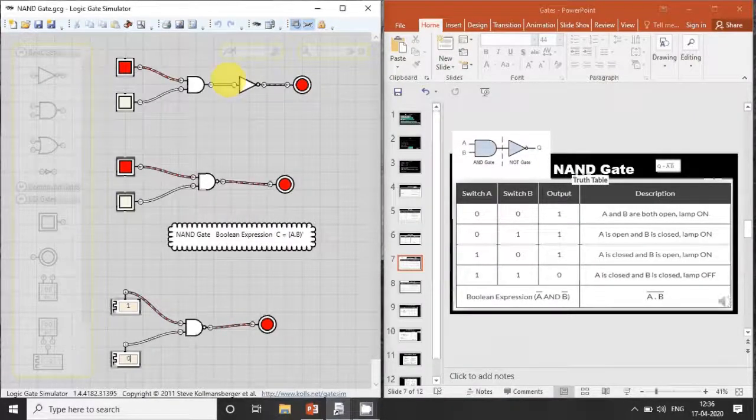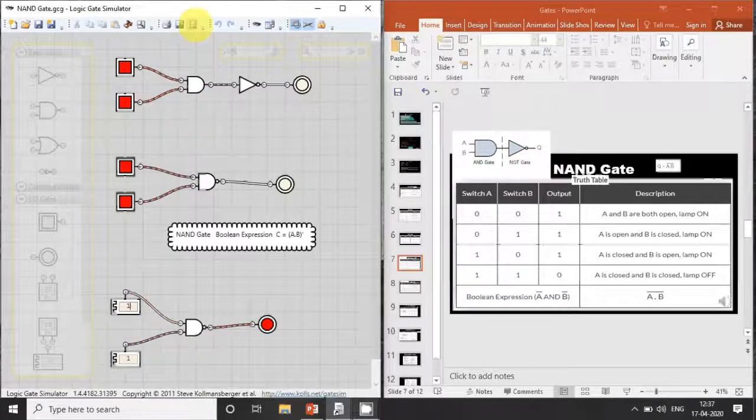Now the last entry is when both the inputs are at position 1. When both entries are high, the output is equal to 0 in both cases. In this particular case, the output continuously changes because the clock pulse is continuously going high and low. That's why it remains high, high, low, high, low, high, low. That is the position of that particular output.